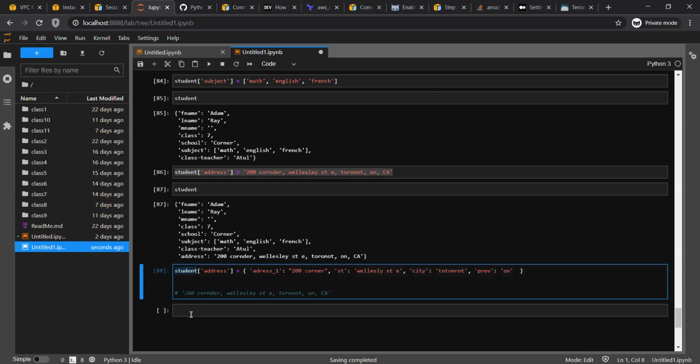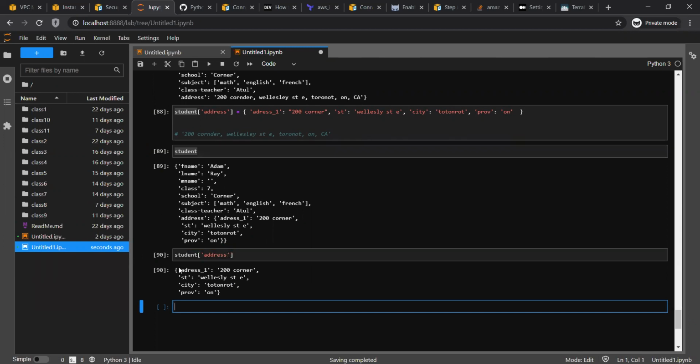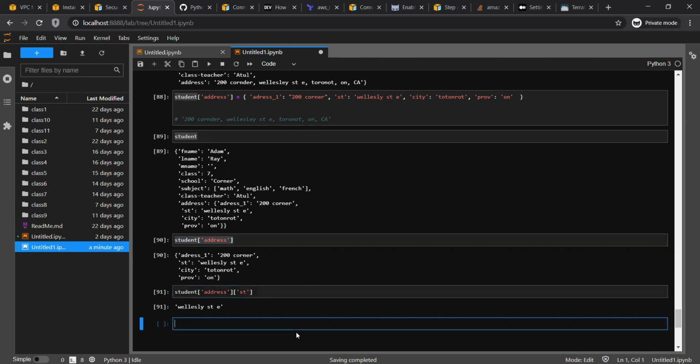Now if I look at student, and you see the student address section, it is another dictionary. So if anybody wanted to know the address, this is a dictionary within a dictionary. And if anybody wanted to know what street that student is living on, it's easy to fetch, right?